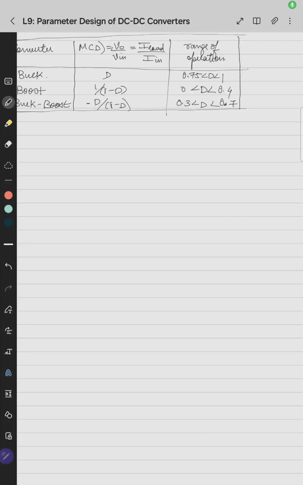So in the last lecture, we discussed the steady state operation of the basic second order DC-DC converters in the continuous time domain, that is, the buck converter, boost converter and buck-boost converter. We derived the steady state waveforms of all the states and all the parameters of the converters. Then, using volt-second balance, we derived the output to input voltage steady state transfer ratio by ignoring all